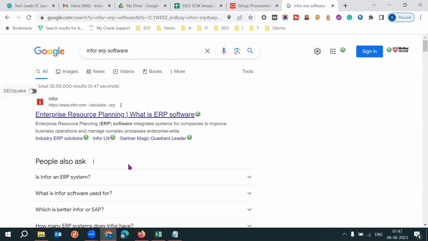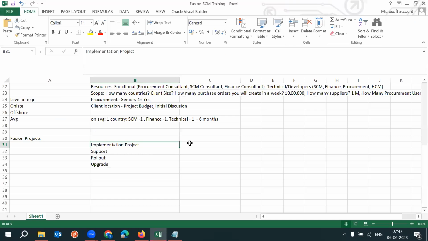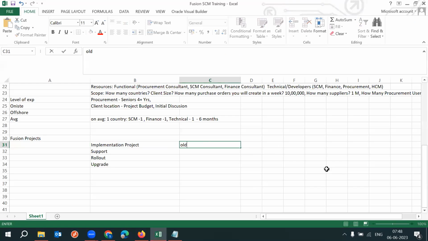So when the client is using any small ERP, the client may come to Fusion ERP based on their business revenue. Implementation is nothing but bringing the client from the current, old ERP system to the new ERP. The new ERP is nothing but Fusion. So during the implementation